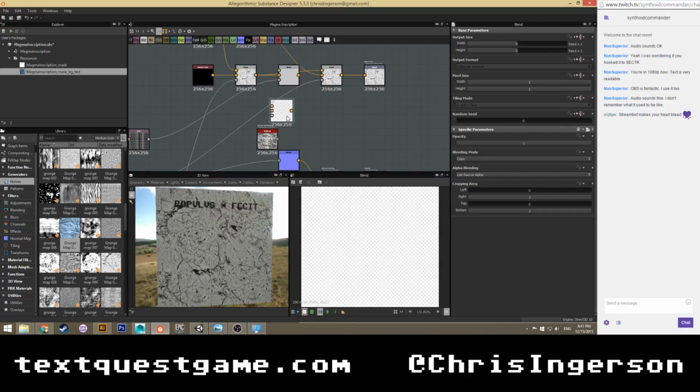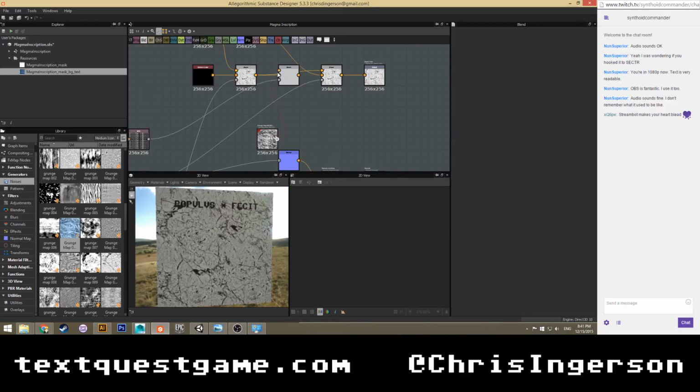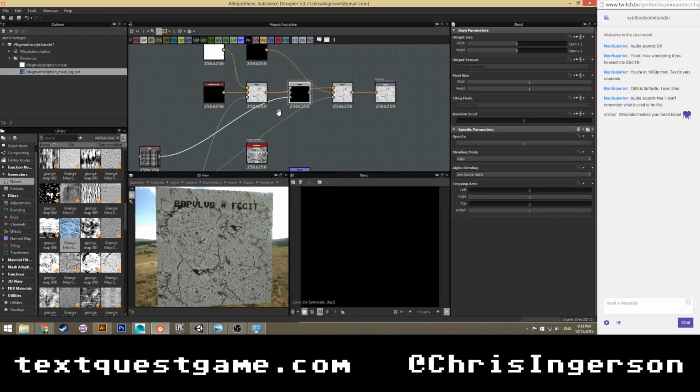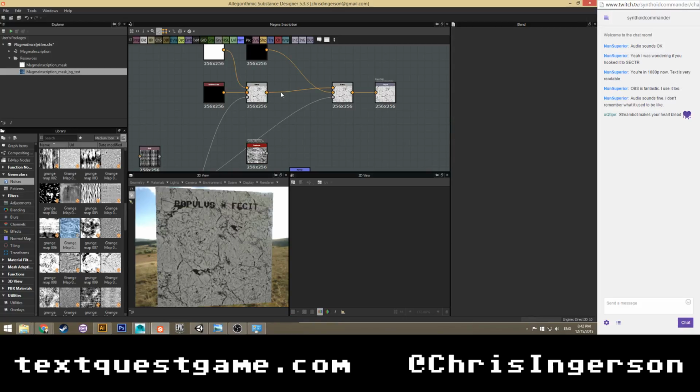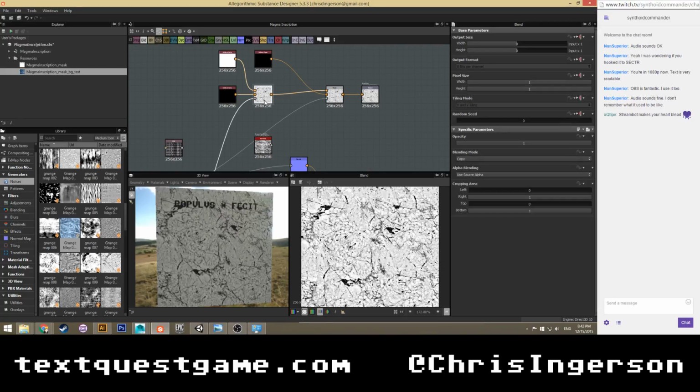Let's do blend. Actually, I don't need to blend. I can just plug it right in there, can't I? That's problematic. I'm going to need a grayscale value, because of course I will. Crap. That's the other reason I wanted to do it that way. So I'm gonna need color.